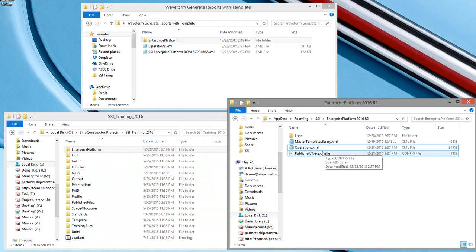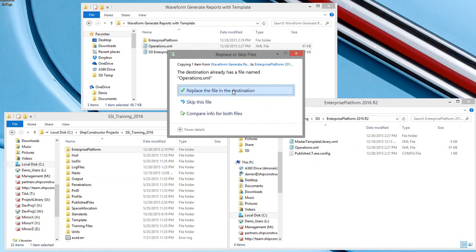Second is that you'll want to modify your operations. So there's a specific operation I created for each report. In essence, what it'll do is copy the template from this Enterprise Platform folder based on your root directory of your project, and then populate the data from your marine information model from your current project into that source tab. So if you haven't modified any of your operations, you can click and drag into your operations file,